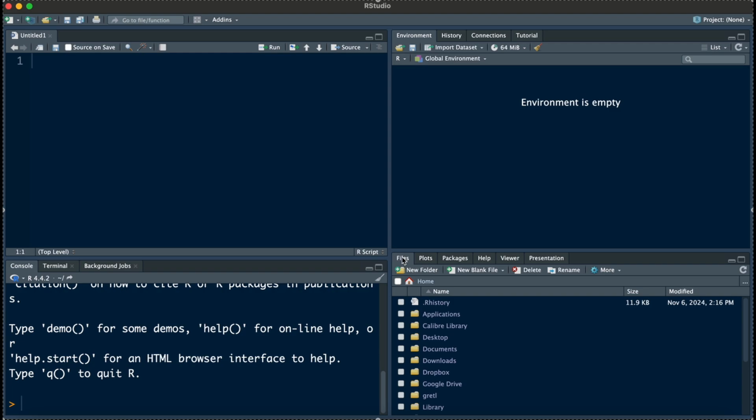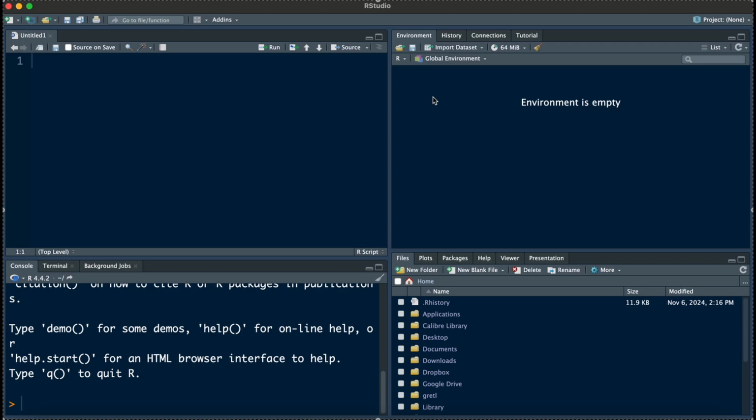So in summary, RStudio has 4 panels. One is mainly for typing, organizing, and executing the codes. Another one is the R console. Whenever you execute any code, that will be executed here or be shown here. The third one is the environment, history, connection, and tutorial panel. Here we mostly use it for looking at the variables and other things that are in the memory